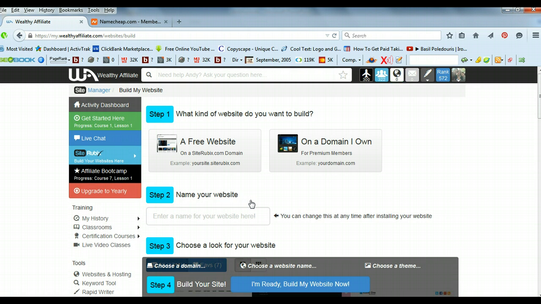let that tick over. Now we have two options at the top: a free website or on a domain you own. You can start using Wealthy Affiliate for free, and they do give you two free websites which you can use, and you can use a thing called domain forwarding to actually point your domain name at your free website, and I'll show you that in a little while. Or the next option, and the one that we're going to use, is for premium members, and that's using a domain that you already own. So if I select that,